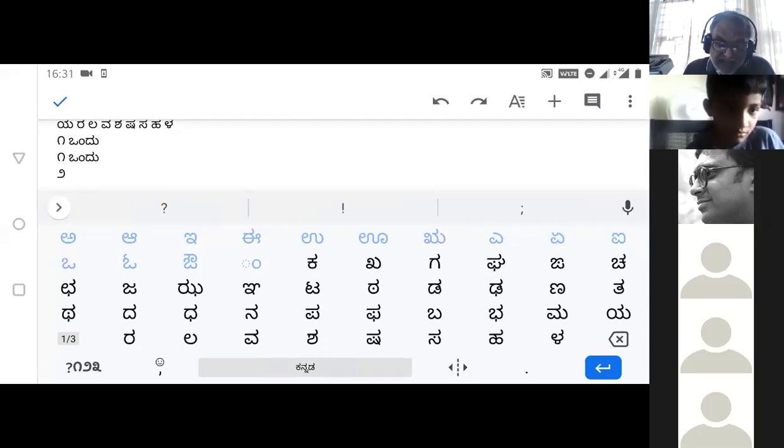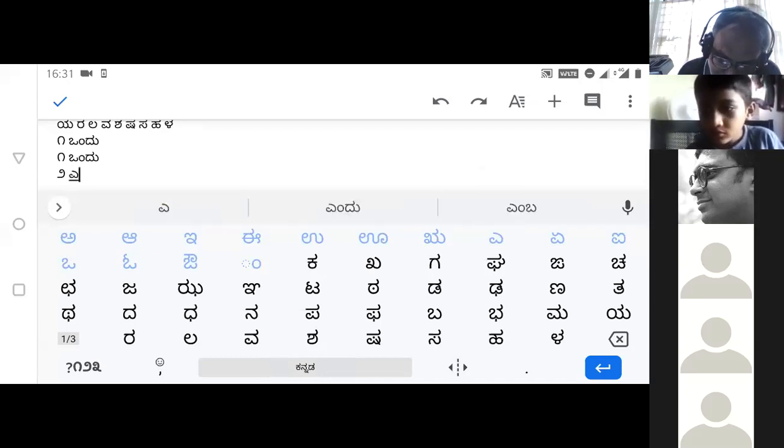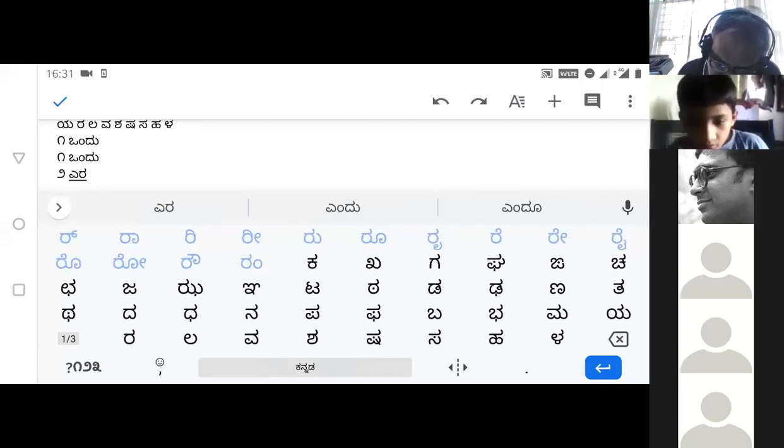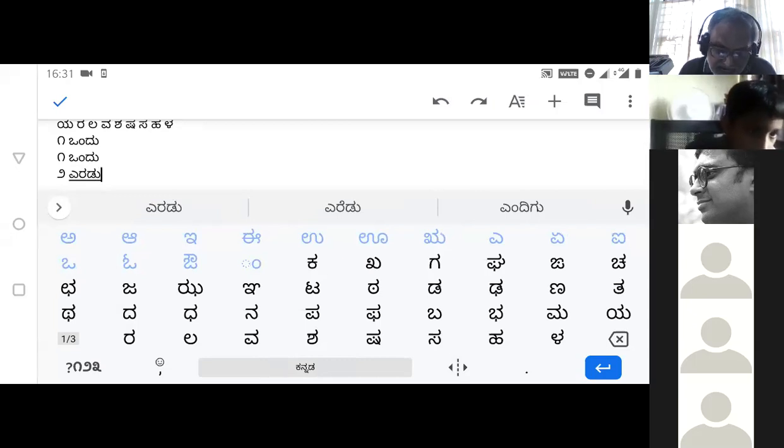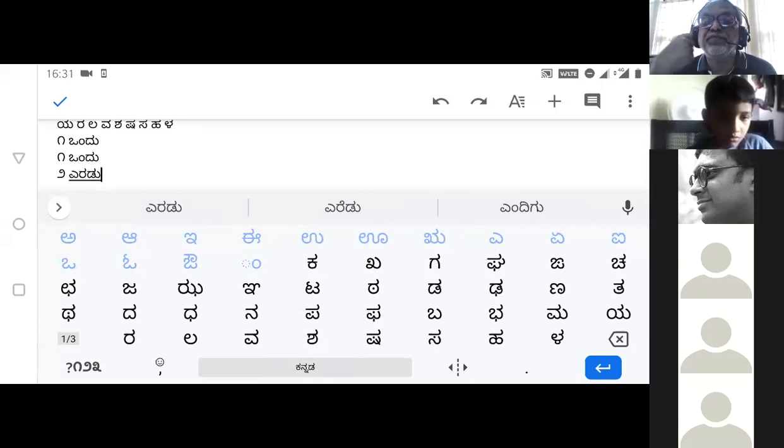Yeah, I saw that. So 2 in Kannada is eradu. I will type the thing. Ra, da, do. Eradu. ಒಂದು ಎರಡು. There's a nursery rhyme going. ಒಂದು ಎರಡು ಶಾಲೆಗೆ ಹೊರಡು.